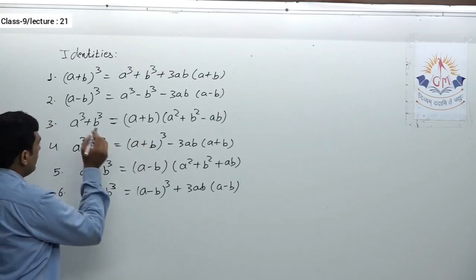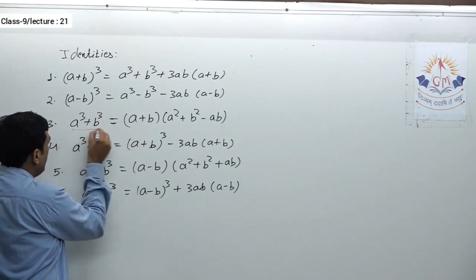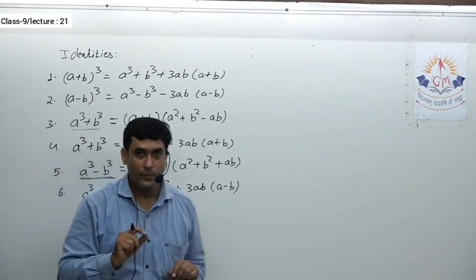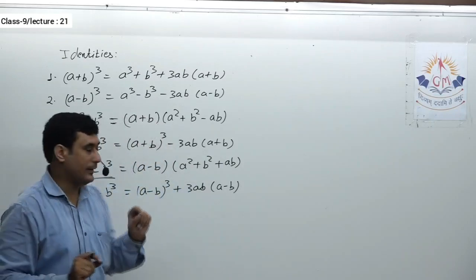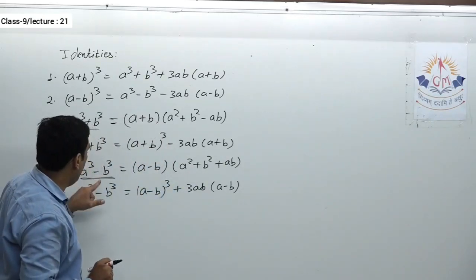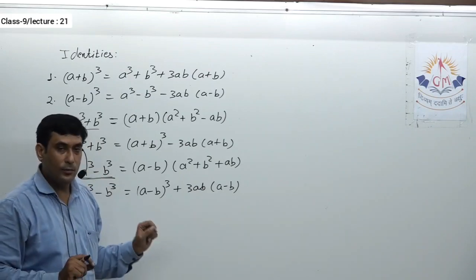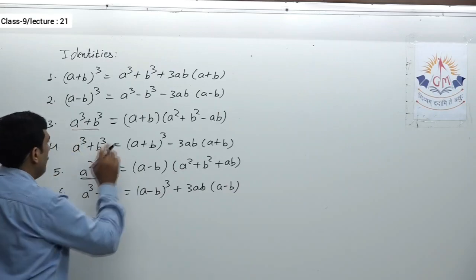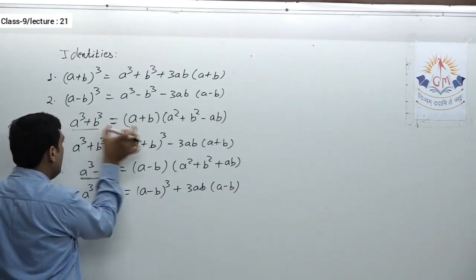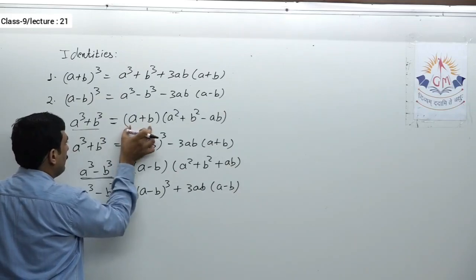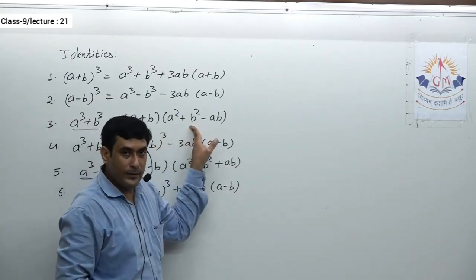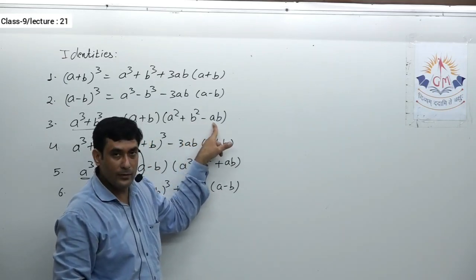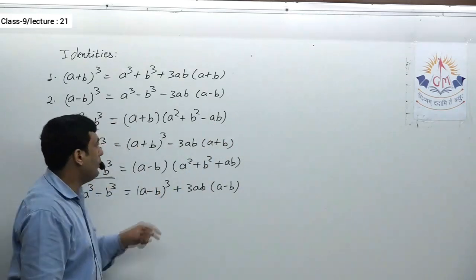See here you can remember this thing, that in the identity of a cube plus b cube and a cube minus b cube, only one time a minus sign will arrive. There will be only one negative sign in the identity of a cube plus b cube and in the identity of a cube minus b cube, and where it will be, that you have to understand. See, it is a cube plus b cube, so in the first bracket, as it is plus, we will take plus. Now a square and b square are complete squares, so we cannot take negative, but obviously the minus sign will be over here, minus ab. One thing more, do not confuse.